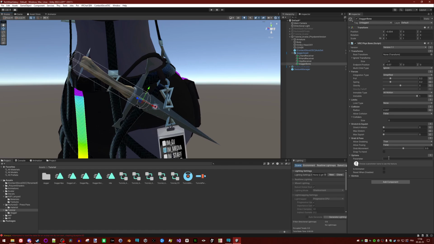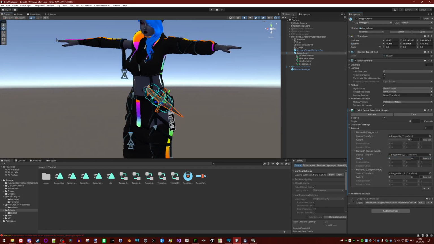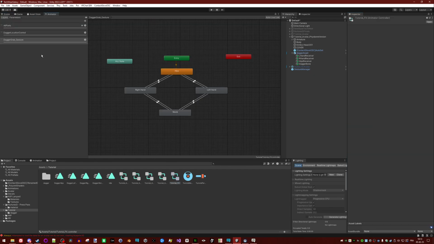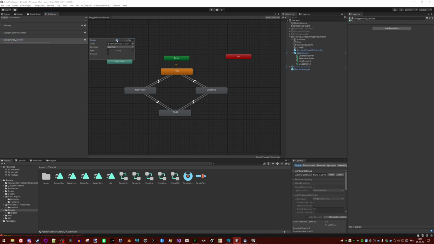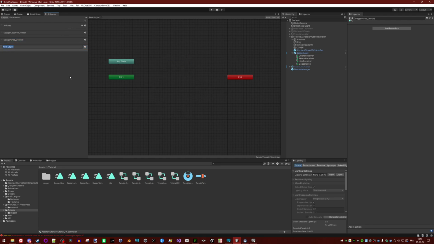So here we need a parameter in the fishbone. We'll call it dagger bone 2. Okay, so let's go back into our FX. Here, since I'm doing both versions, I still have the layer for the gesture, but I will disable it, but don't pay attention. For you, this doesn't exist. So we need a new layer.